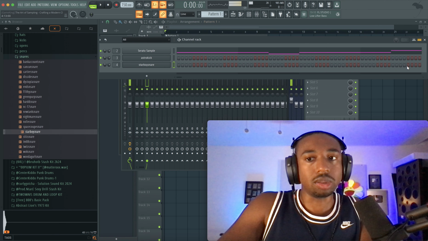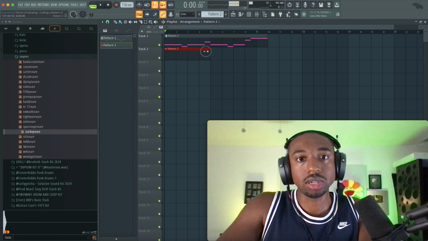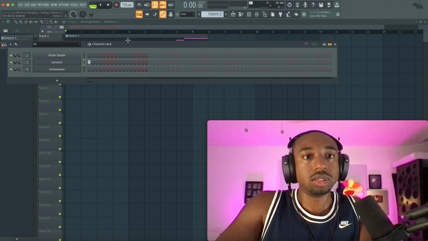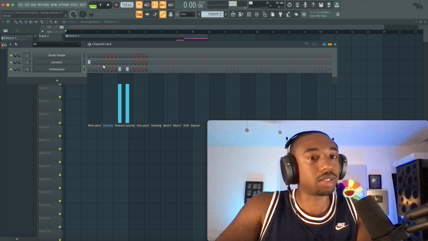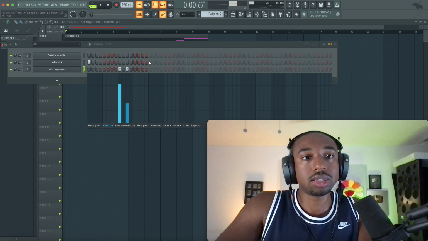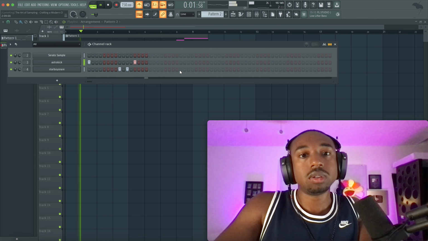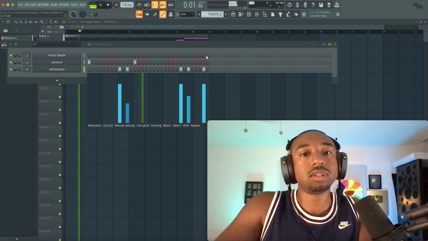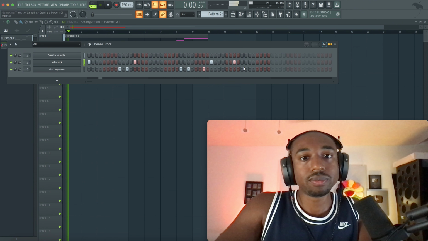So the snare and the kick are going to be your main two drums that need to match the texture of the actual song. Let's add this in pattern 2 here. And now I'm going to create a drum pattern. So I'm going to go boom, boom, boom, something like that. Now for the kick, we're going to go to the graph editor, turn the velocity down on that second snare. All right, we're going to use that graph editor, turn that velocity down. And now we're going to do the same thing, but just with more bounce at the end.